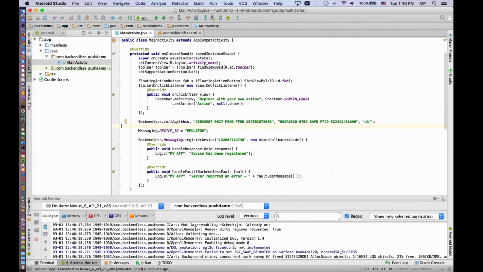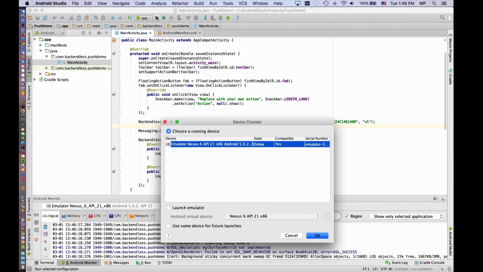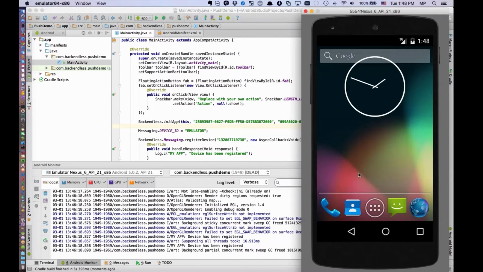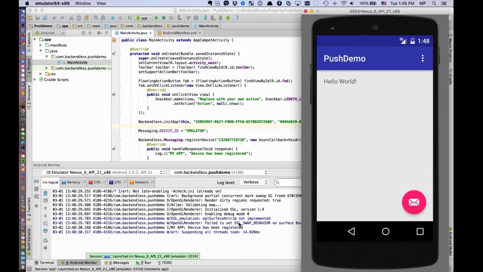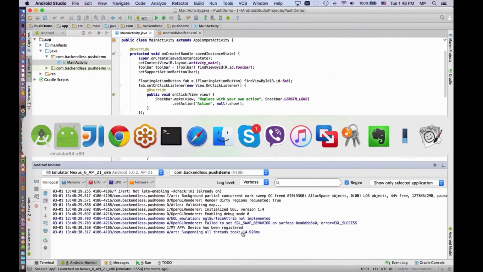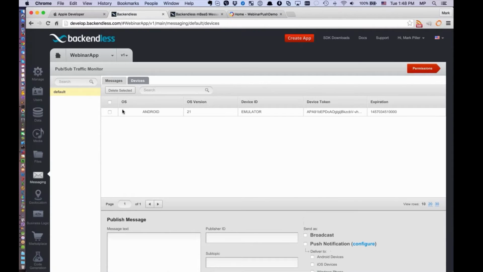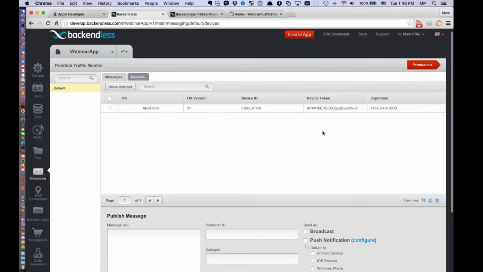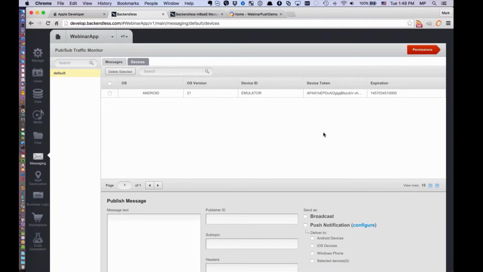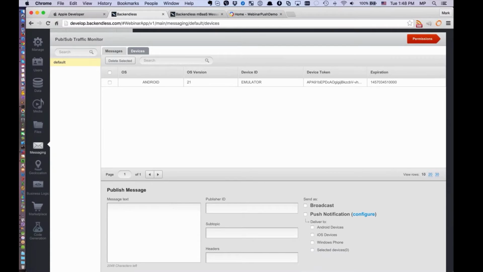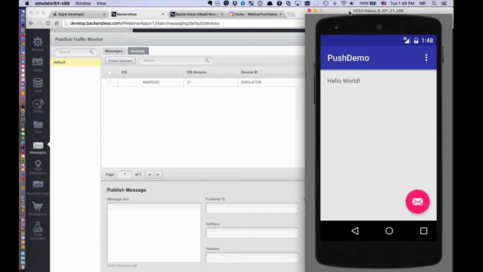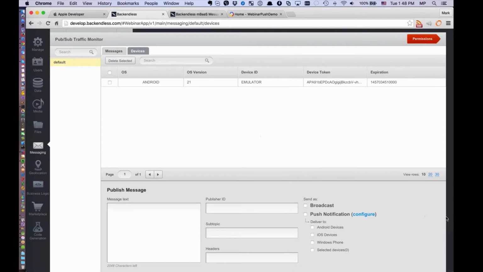Now if we were to rerun this application, the device has been registered. If we go back to the Management Console and refresh the screen, here it is. Here's our device, and it shows device ID emulator. So at this point, the device is ready to receive push notifications. As far as publishing push notifications, there are two options. You can publish it right from the console. In fact, let me set it up so you can see both the console